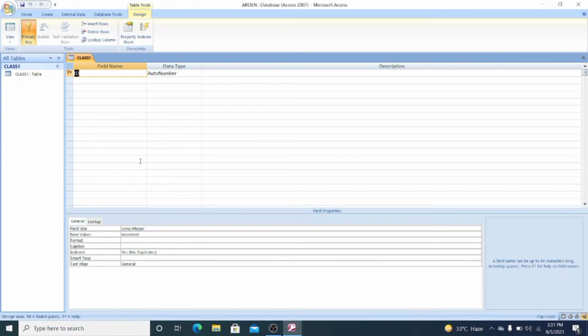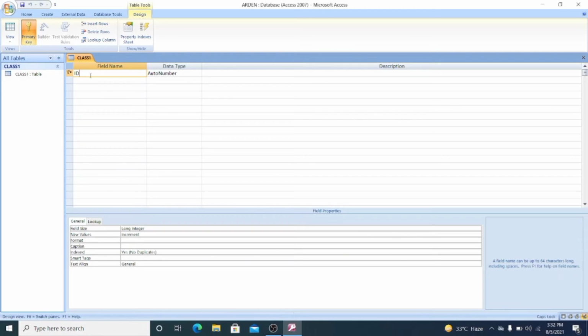So now the thing is how we can enter the data or how we can create any field in the table form. Here you have seen this small key. It just looks like a key. It is called the primary key. Basically you can assign any field as the primary key. Primary key means the field can contain only unique values. The value will never be repeated. Suppose I have assigned the roll number as the primary key, then we are not allowed to input the same roll number again and again.